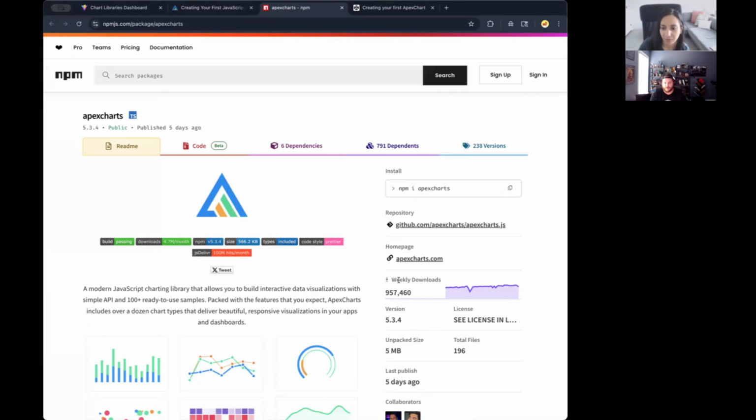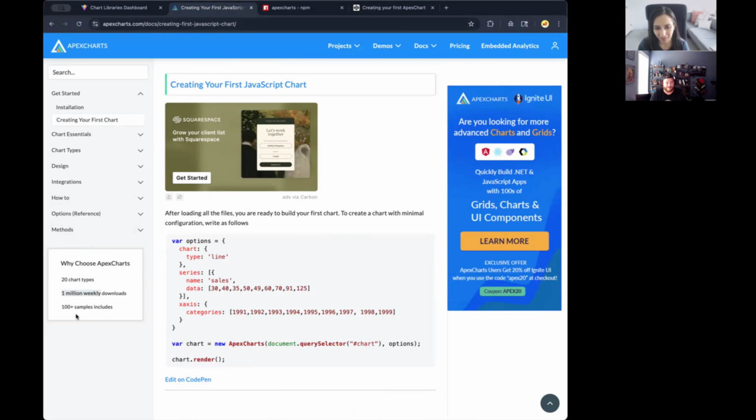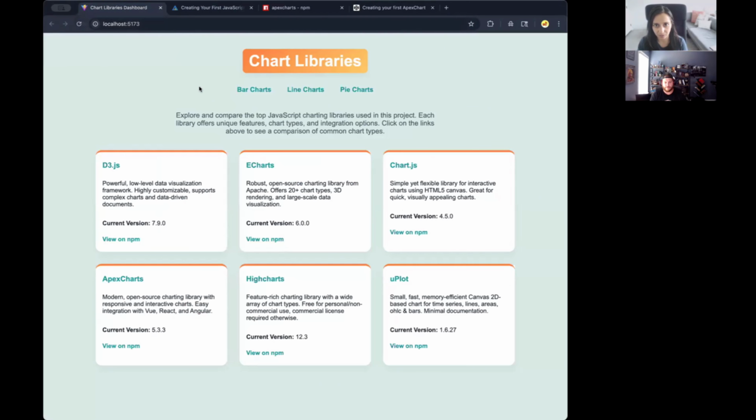hey, that actually links to their NPM package. So they get close to 1 million. That's a lot of samples that they have included, which is just a great way of learning, and especially if you're just learning how to get started with any of these initially,